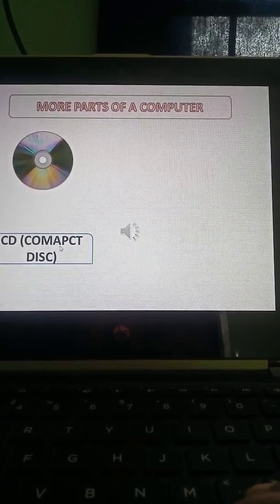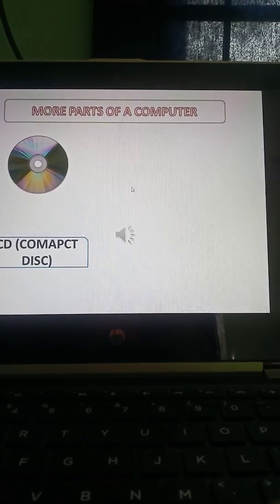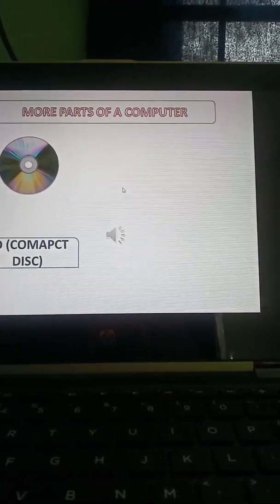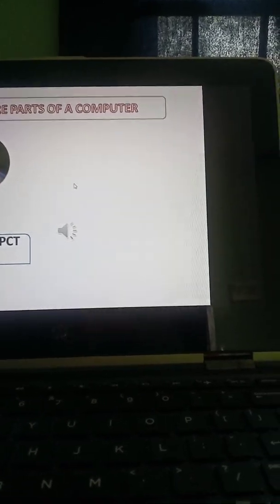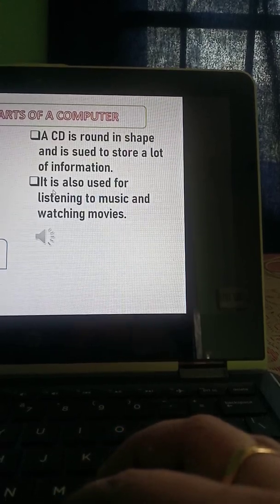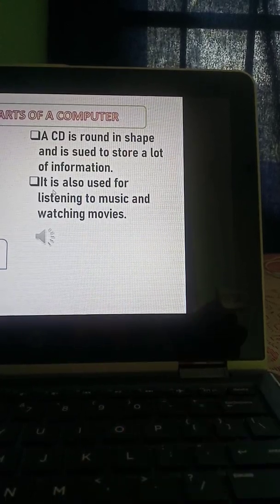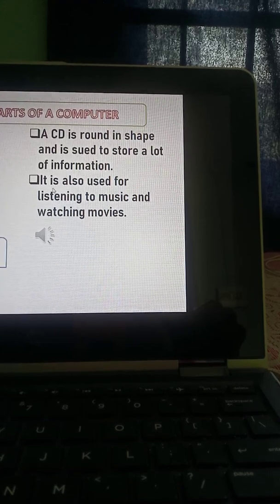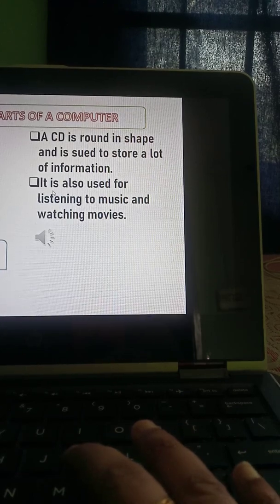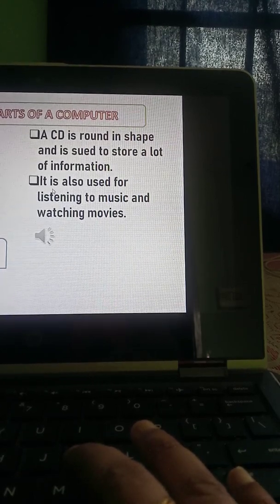We can also store music, we can also store movies, and with the help of a CD, we are able to listen to music and watch movies. And the full form of CD is compact disc. What is the full form of CD? Compact disc. So we have read about some more parts of the computer, that is printer, microphone, speaker and CD.